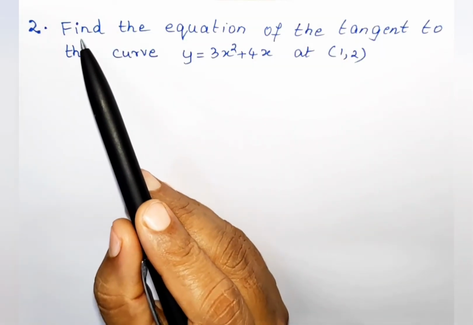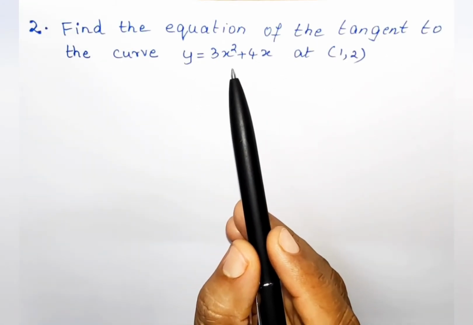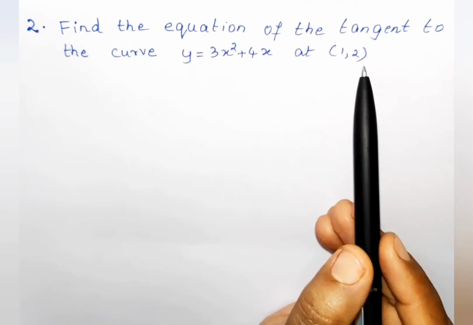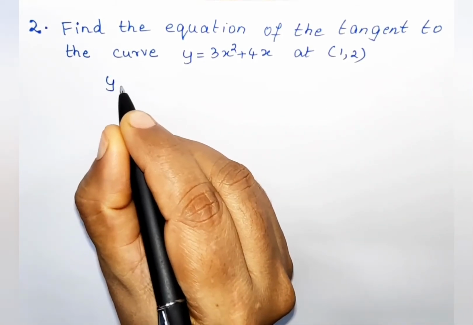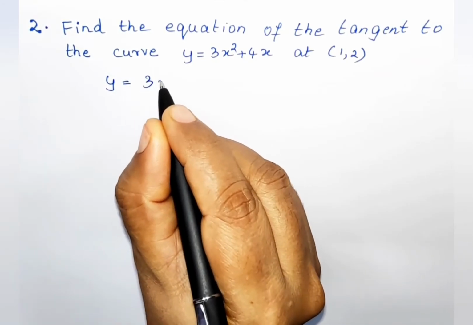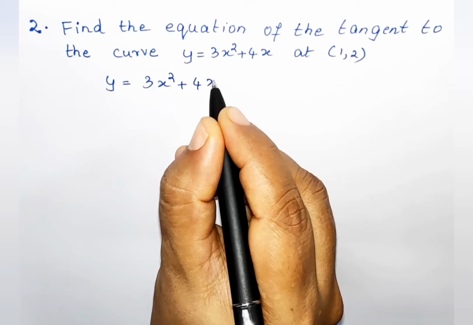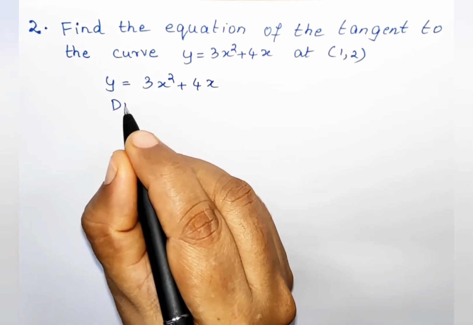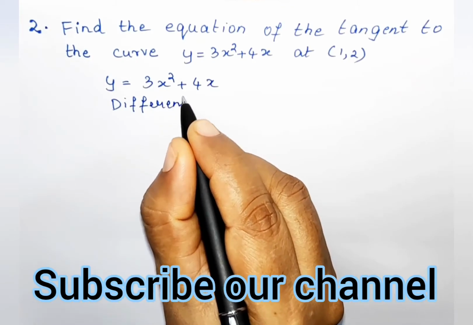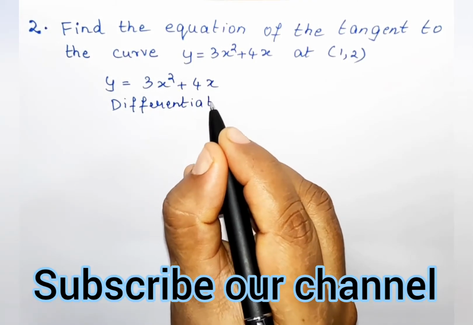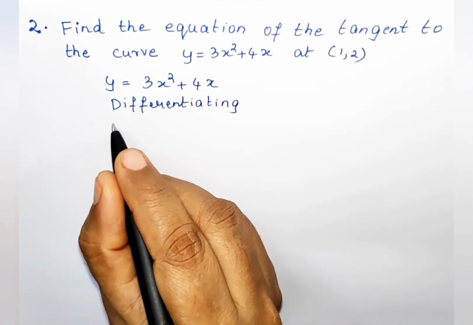Now, let us solve question number 2. Find the equation of the tangent to the curve y is equal to 3x square plus 4x at (1, 2). Let us first write down the equation. y is equal to 3x square plus 4x. As we did in the first problem, let us differentiate both the sides with respect to x. So on differentiating, we get dy by dx